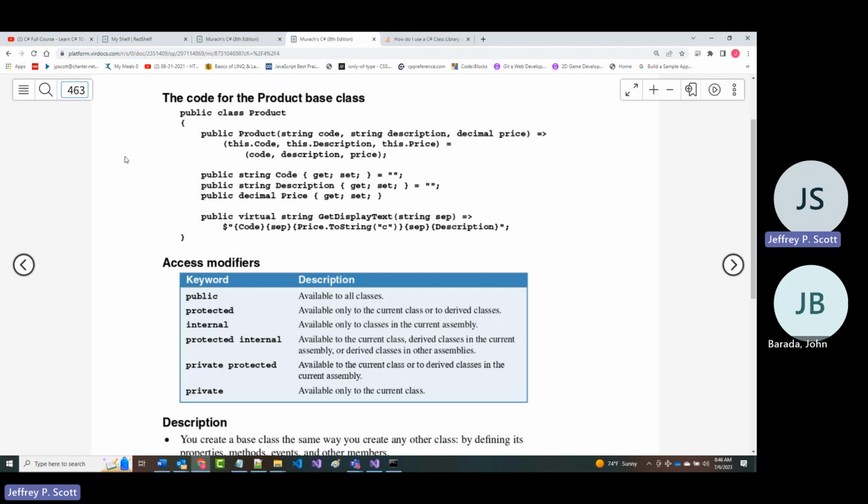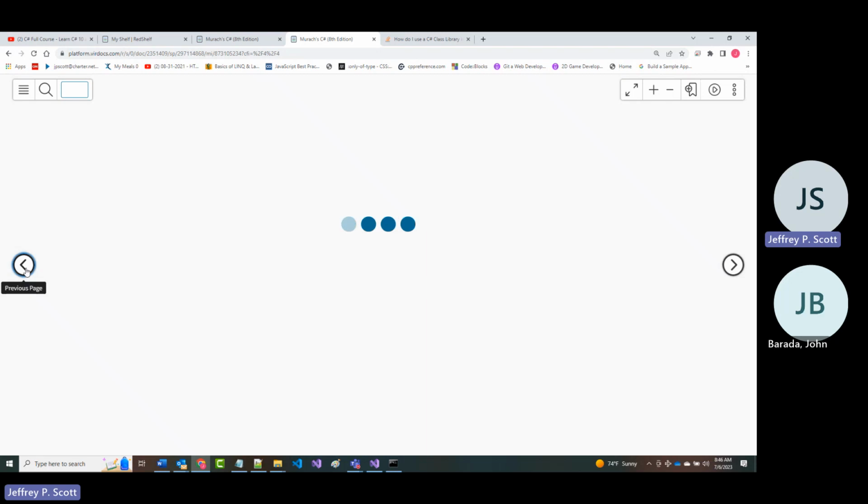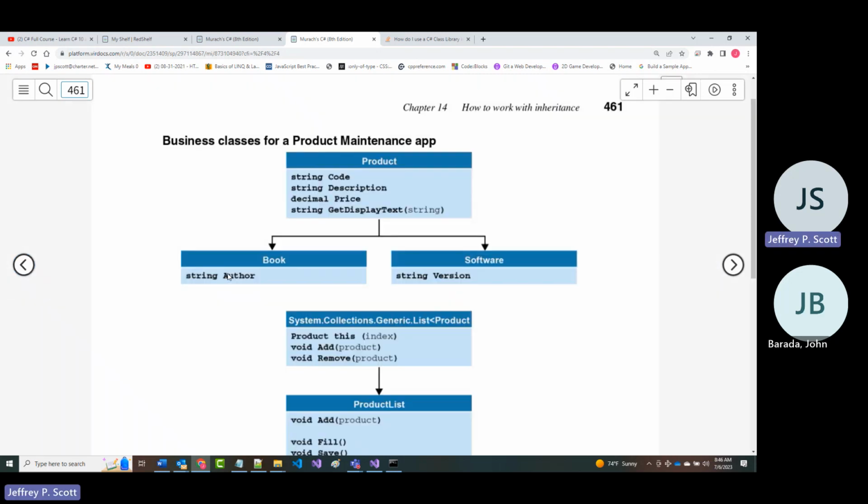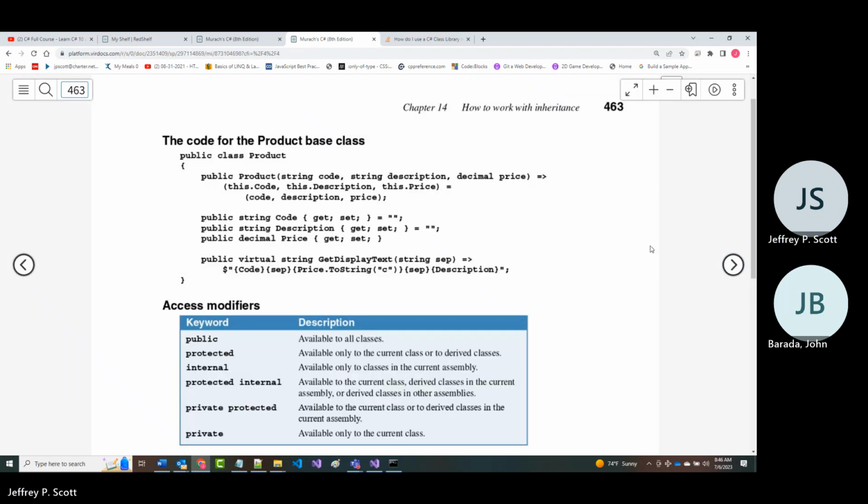So what this says in here is when I call get display text on a product, I need the code, the price, and the description. But remember that when we're doing a book, we also want an author. When we're doing software, we also want a version. So that means that we're going to have to override the get display text for both author and for software.